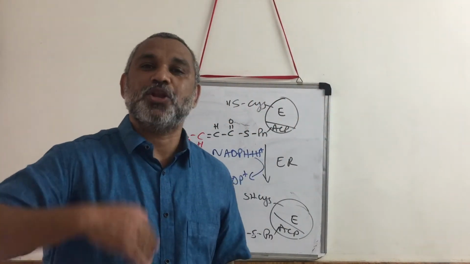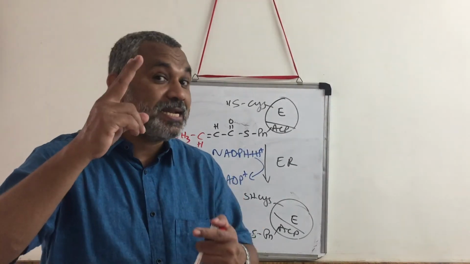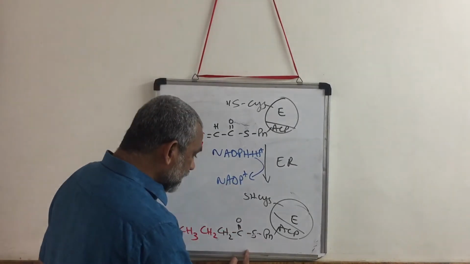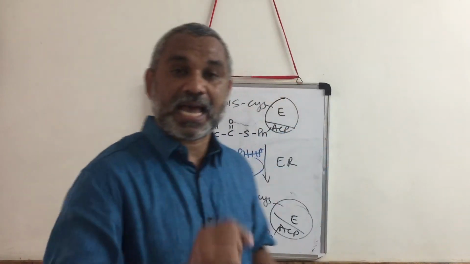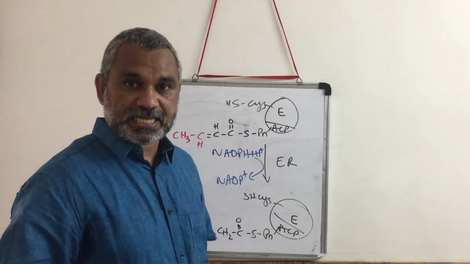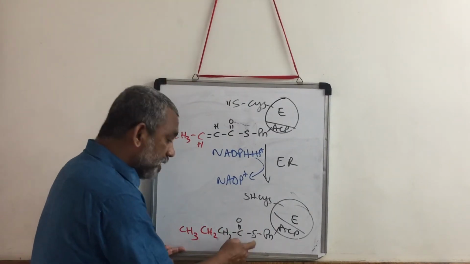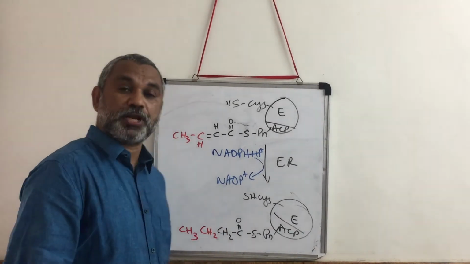How do we make it longer? So therefore, we go towards the second round of fatty acid synthesis. Now remember, in the second round of fatty acid synthesis, the next enzyme is going to be malonyl transacylase. Now malonyl transacylase is a very sensitive enzyme. It can attach a malonyl group only here, but this position is already occupied by this product.